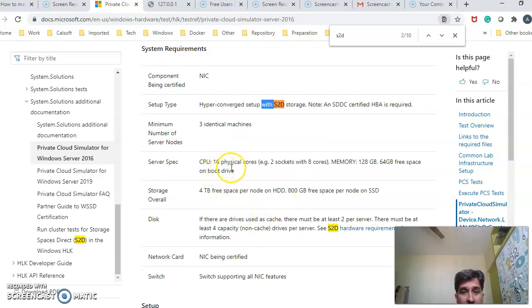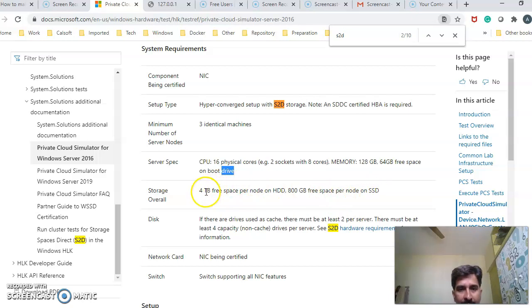The cluster nodes require 16 physical cores, 2 sockets with 8 cores, 128 GB hard disk with 64 GB free space on the boot drive, 4 TB per node on HDD, 800 GB space per node on SSD.